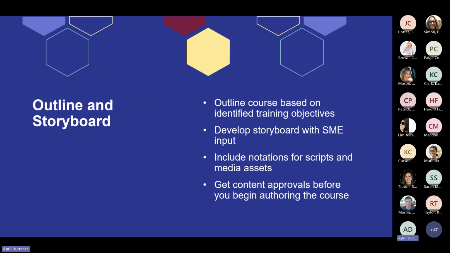Starting with a detailed, comprehensive, and fully approved outline and storyboard saves time, since correcting content and format issues after the course has been fully drafted takes exponentially longer than correcting them at the storyboard stage. Every content change on a fully drafted course may mean replacing text, audio, video, images, etc. That requires a new round of evaluation and testing to ensure those changes don't cause accessibility issues.